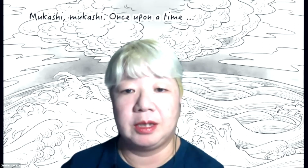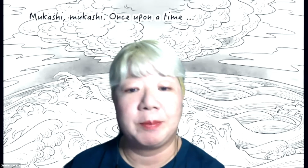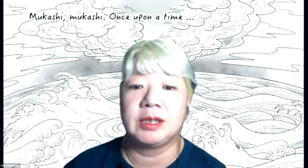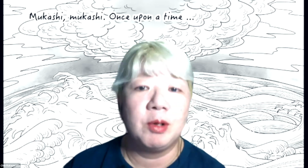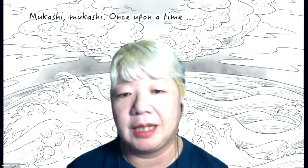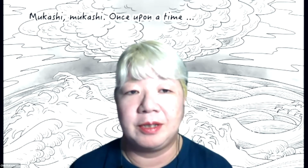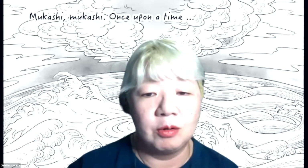Just before starting, if there's anybody who doesn't know what manga is, it's Japanese comics. Even if you don't know much about manga, you might have seen some anime or some games like Pokemon, that kind of thing. We share a similar drawing style, so that's the area you are looking for. But it's a very diverse thing. You cannot define a single manga style; this is my manga style, and we are all going to draw